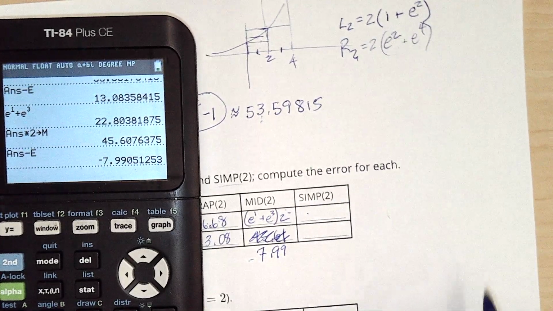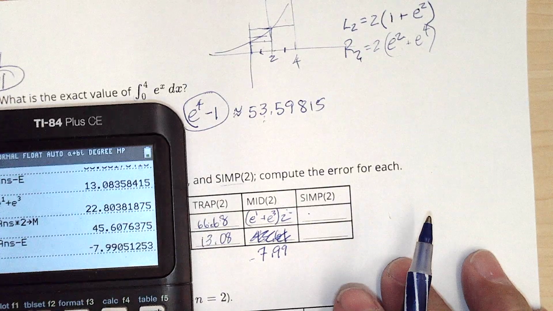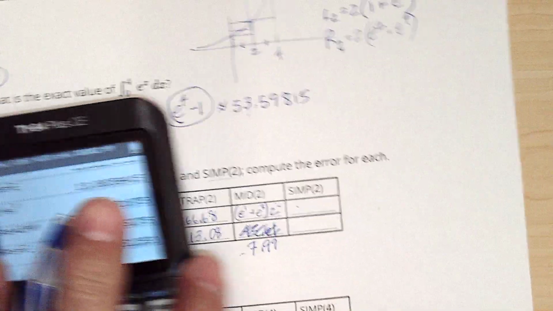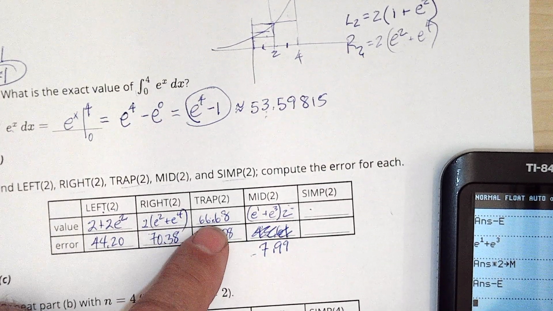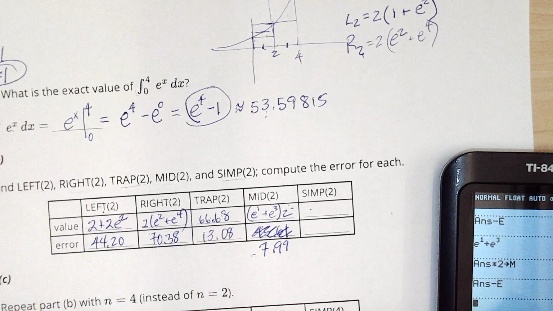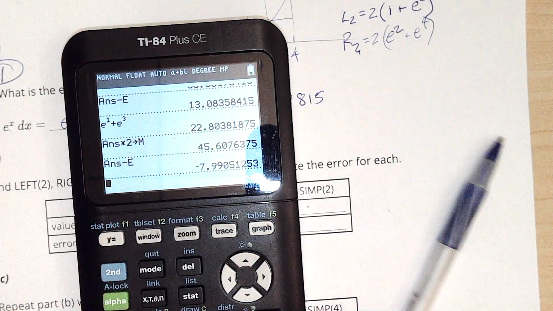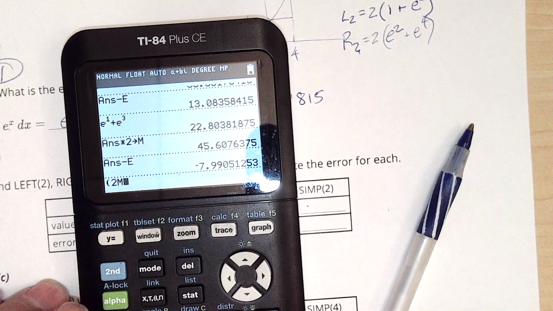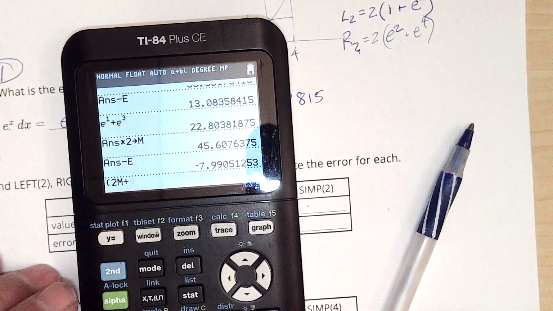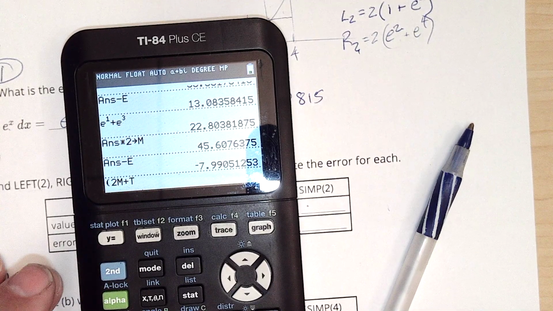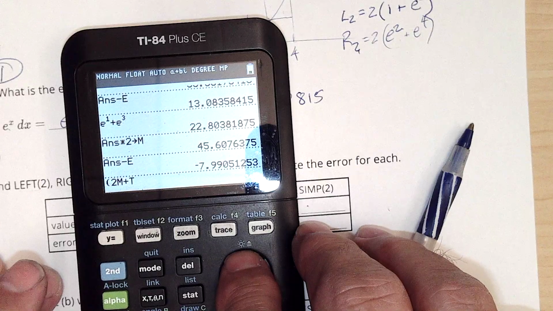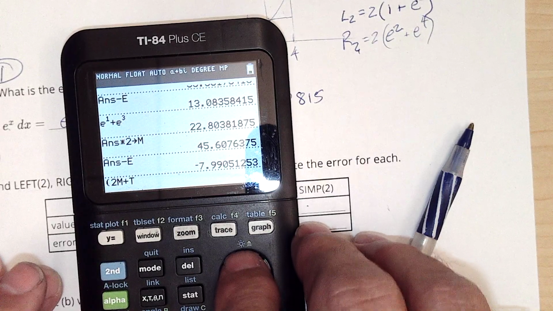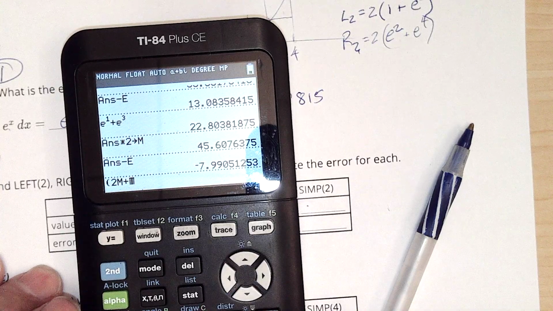Now let's do Simpson. So Simpson says take 2 of the midpoint and 1 of the trapezoid and divide by 3. So I'm going to go parenthesis 2 times my midpoint plus the trapezoid. Did I enter trapezoid? Did I ever save it? I don't think I did. Okay, trapezoid is